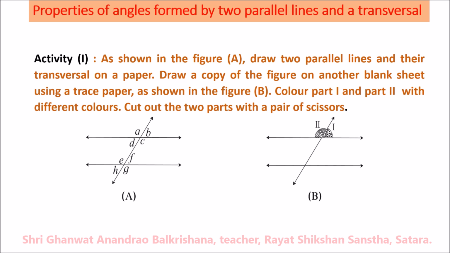Observe figures A and B. As shown in figure A, we have to draw two parallel lines and their transversal on a paper. Draw a copy of figure A using a trace paper as shown in figure B. Color the first and second part with different colors. Cut out the two parts with a pair of scissors